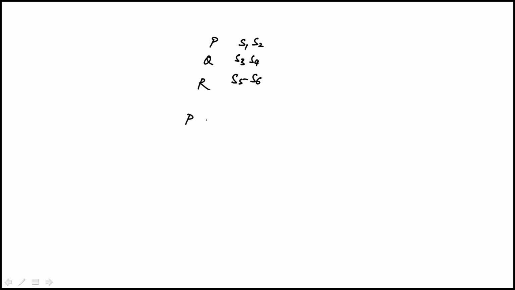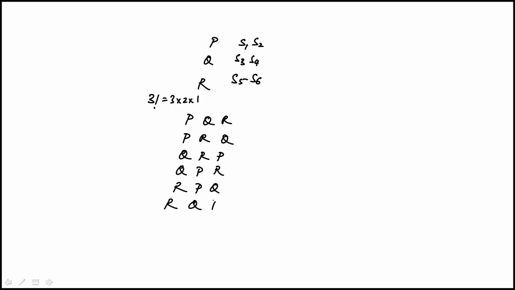So for example, it could be P, Q, R, P, R, Q. And we know there would be 6 of these. Why? Because we have 3, so that's 3 factorial, or 3 times 2 times 1. Some of you can just write this out so that you can visualize what's happening. So this is one possibility. These are the 6 possible ways that the pairs can